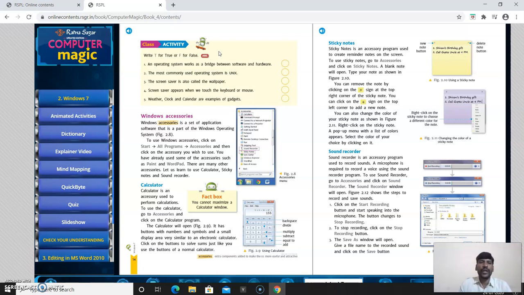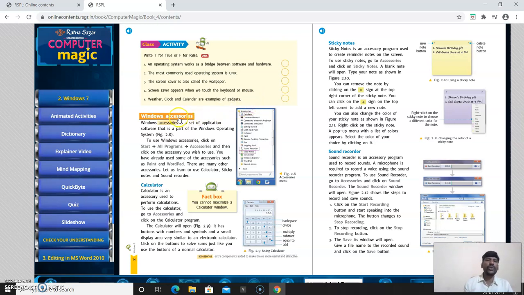An operating system works as a bridge between software and hardware. This activity is based on the previous class and this class also. Which is true, you please write down T in the circle. Which is the false statement, you please write down F. I hope you complete this activity in your textbook only after my class.